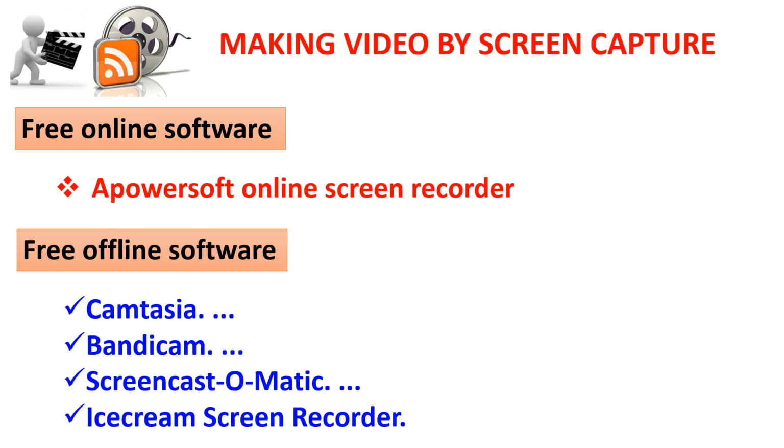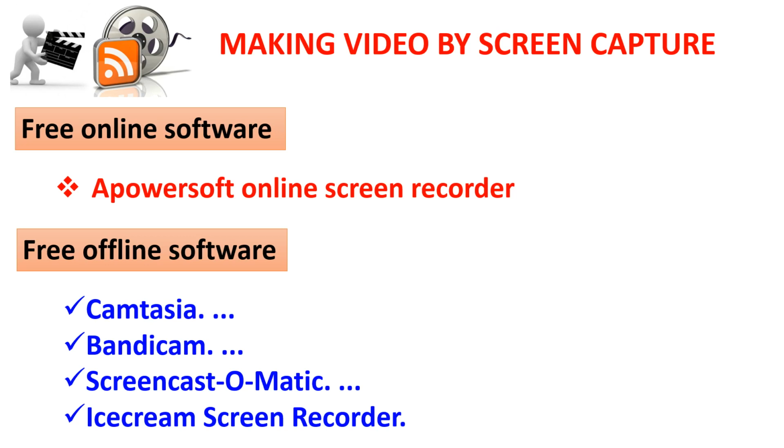Remember, these free offline softwares, whatever you are using, will have 2 versions. One will be a free or trial, the other will be a paid one. If you use the free one, you can download it and use it offline also, but there may be some restrictions on the timings for which you can do the recording, the space, and the way you are saving the file. For example, you want only MP4 files because you want to give it to the child so that they can view it on their mobile also. That facility may not be available.